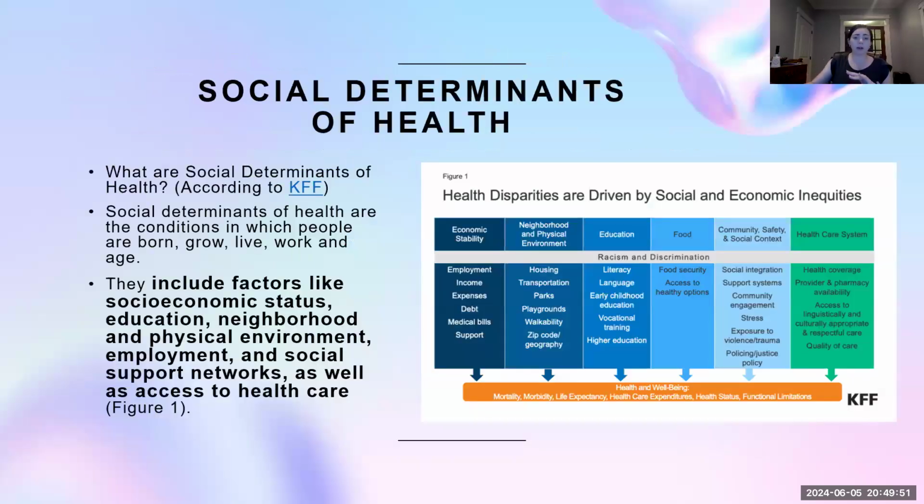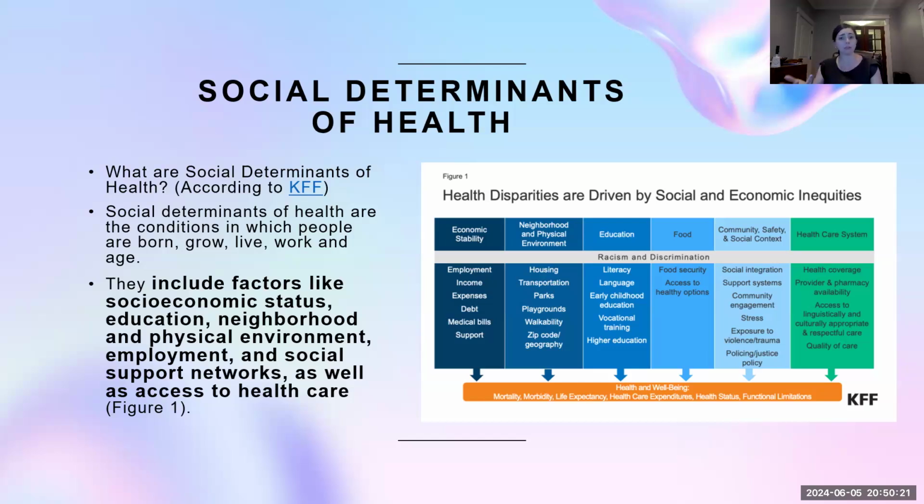And so this is a great graphic. This is one of my favorites from the Kaiser Family Foundation, and it reviews health disparities and how health disparities, differences in health outcomes across groups, quite often we frame it across race, ethnicity categories, but across groups, are informed by social determinants of health. And you'll notice here we've got economic stability. Are you in debt? Do you have medical bills? Do you have support? Do you have income? Do you have assets and employment? Do you have a job?